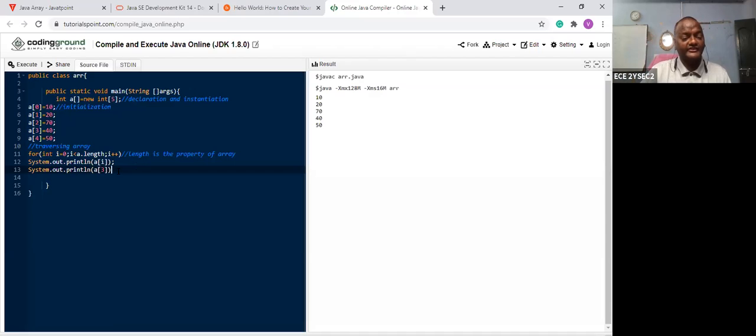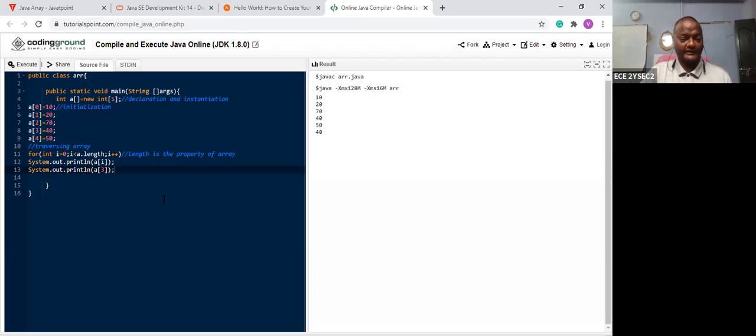At the end of the instruction, I put a semicolon. Now can you tell me what the A3 value is? 40. So that's why it prints 40. That means you can access the array with the index value, and any index value is accepted.